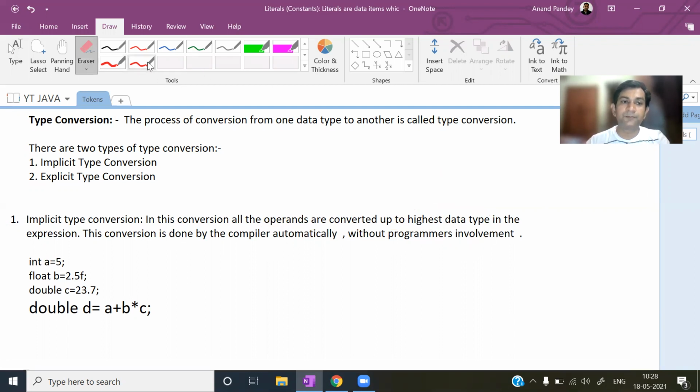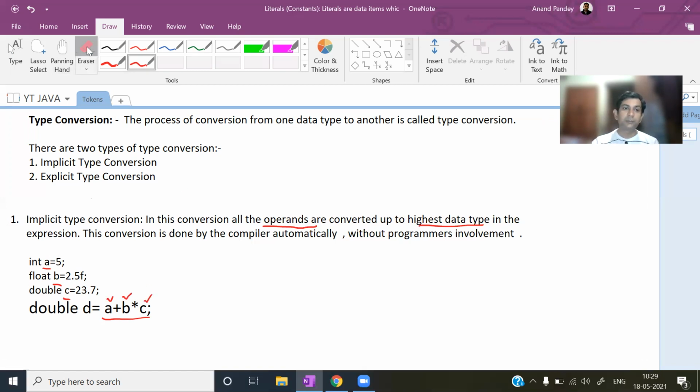So in this conversion, all the operands are converted up to the highest data type. In the expression, whatever data types, whatever operands there are, all finally get converted to the highest data type. I will explain this concept with this example. Here I have taken a variable A of int type, B of float type, and C of double type. This Java expression has one variable of int type, one of float type, one of double type.